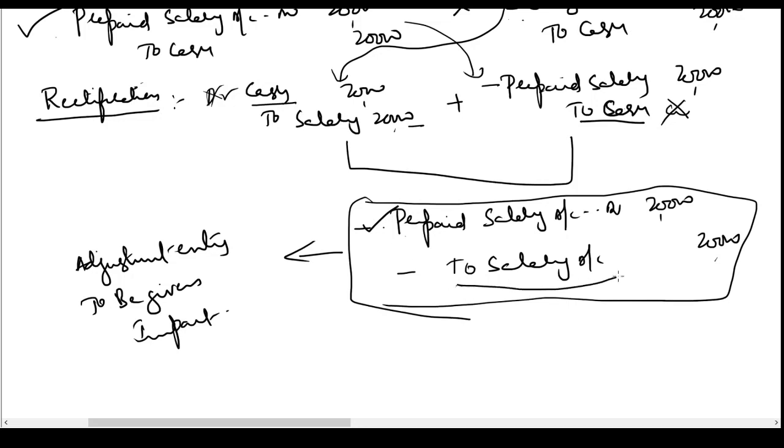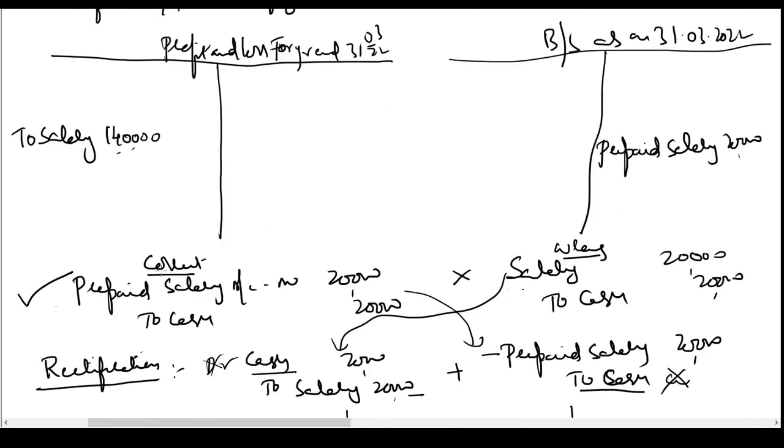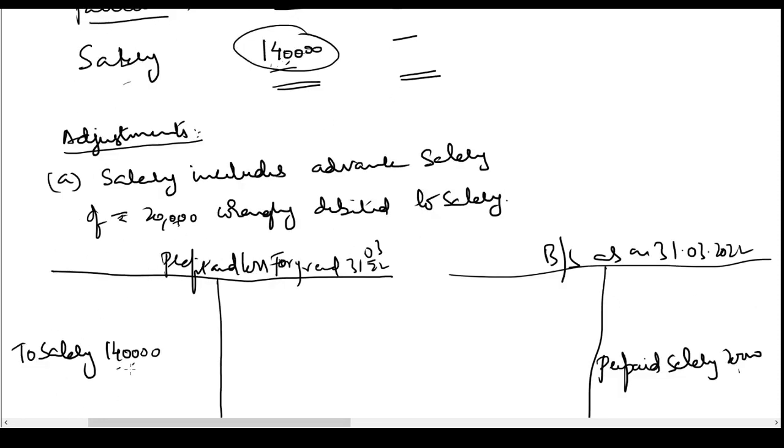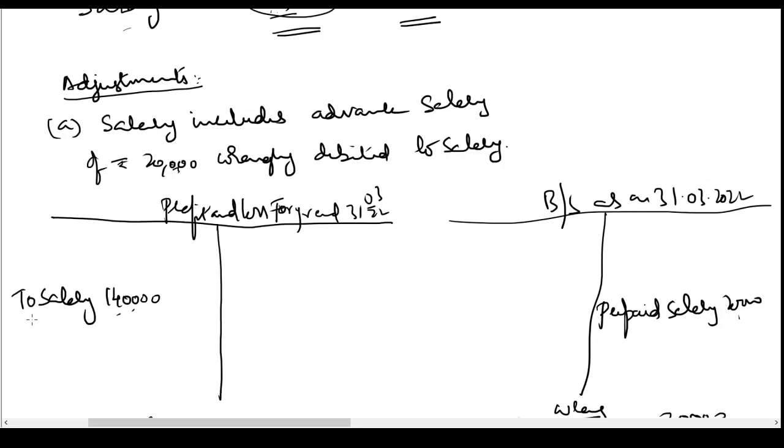As per this entry, salary account has to be credited. Salary account was showing a debit balance in the trial balance, and it has already been debited to the P&L account. Now as per the adjustment entry, salary account has to be credited. An account is showing a debit balance. If it is credited, the balance is bound to reduce. So what we are going to do is we are going to do less here, less prepaid 20,000. In the outer column we will show 1,20,000.